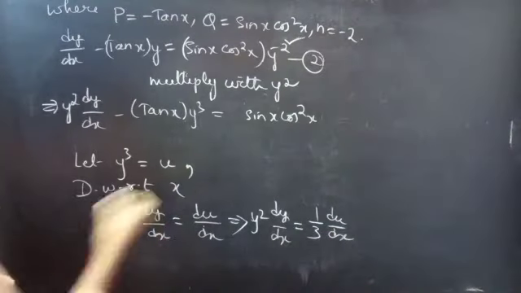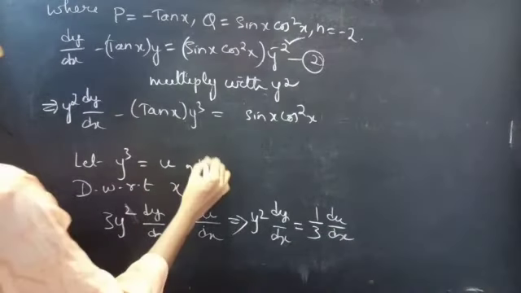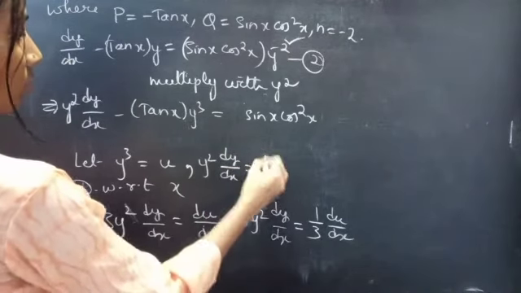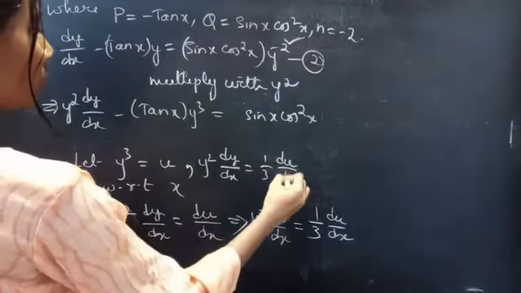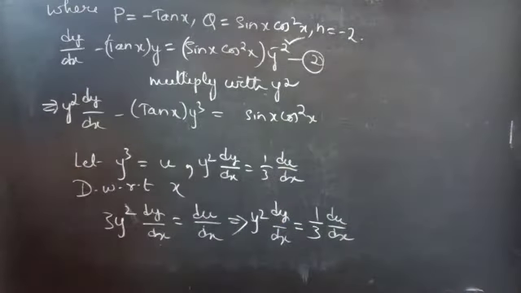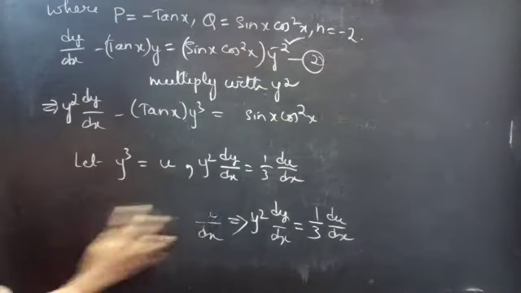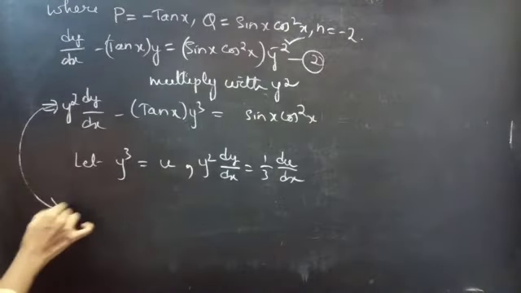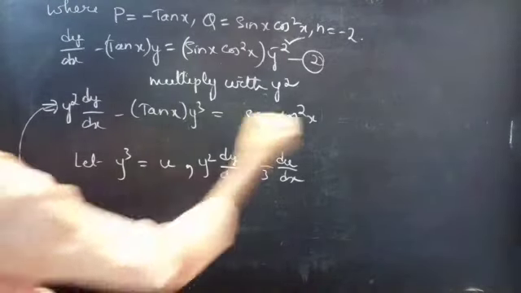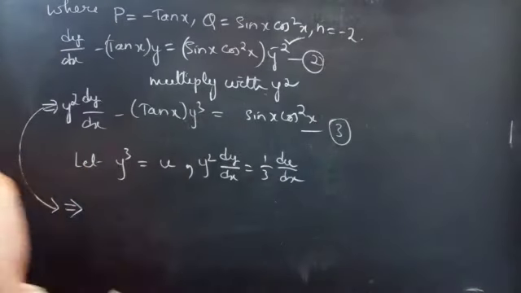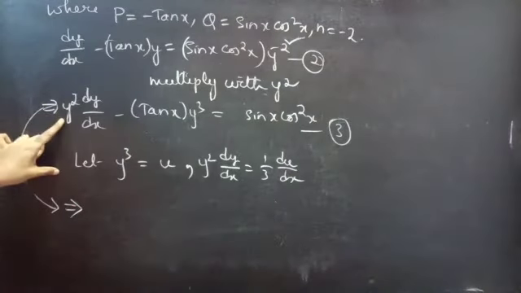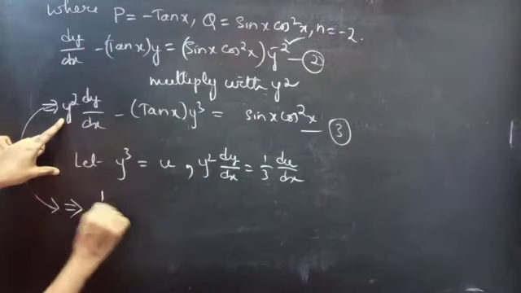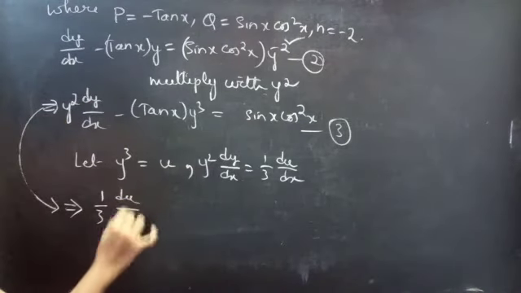Consider this as equation 3. Now replace y square into dy by dx with 1 by 3 into du by dx,